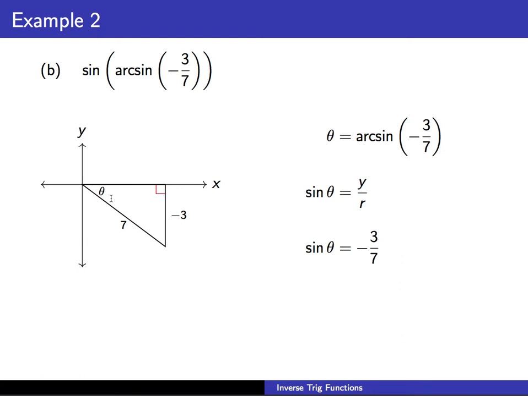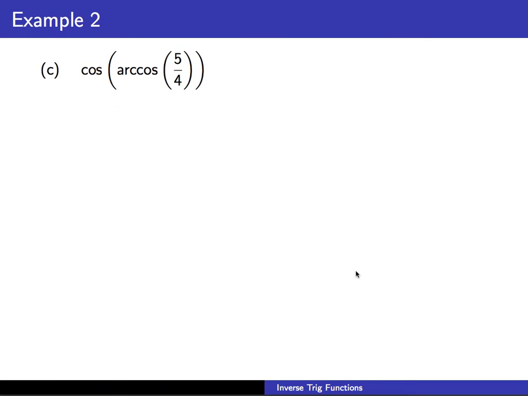So we had cosine of inverse cosine of 1/3 is 1/3. We have the sine of the arcsine of -3/7 is -3/7. Let's do the cosine of the arc cosine of 5/4. So might have an answer. Let's see if it works out. So arc cosine of 5/4, that's in the first quadrant because it's positive 5/4. We have x over r is 5 for x and 4 for r. So as soon as we do this, we draw this picture,